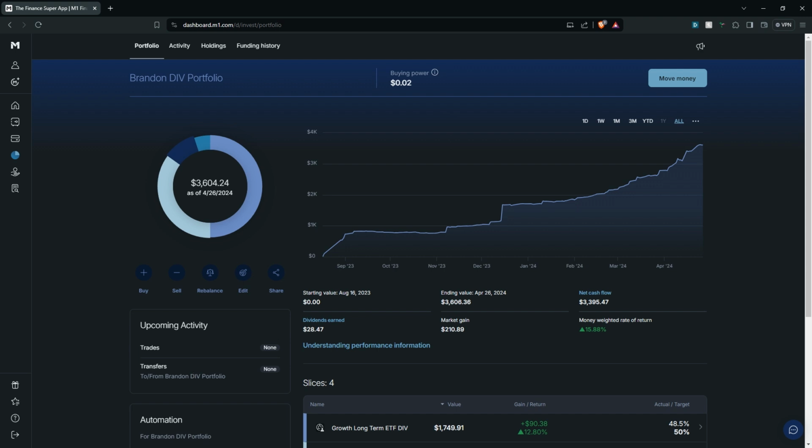One of the standout features of M1 Finance is its dynamic portfolio rebalancing. This means that as you deposit funds into your accounts or receive dividends, M1 Finance automatically reallocates your investments to maintain your desired asset allocation. This hands-off approach to portfolio management helps you stay on track with your investment strategy without the need for